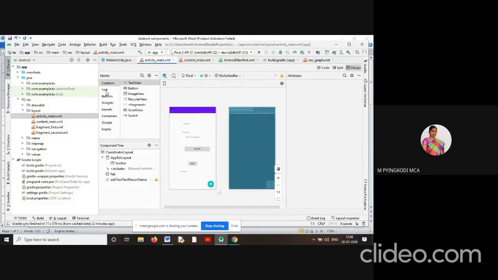This activity is meant for designing a GUI. It acts as a presentation layer. We can set the layout, and from this activity, we can display the output to the user. What is to be displayed for the user is decided in this activity main.xml file. It is one of the main components of our Android application. Without this activity, developing an app is difficult.